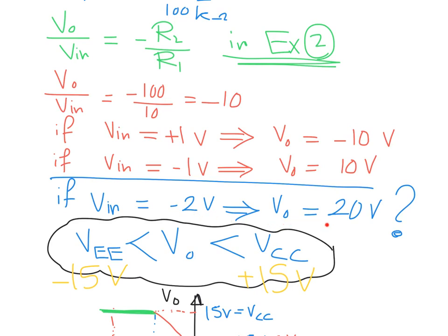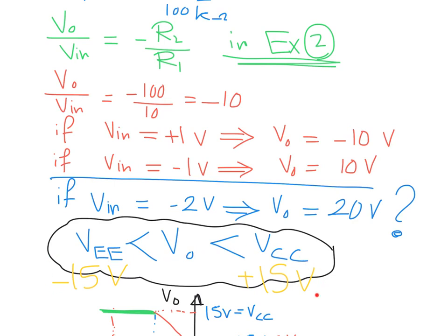The output voltage from the mathematical expression should be 20 volt. But is this feasible? Do we expect that we can get some voltage more than the power supplies to the circuit? For sure, no. If you have any power supply for any circuit, the maximum you can expect from your circuit, even theoretically,